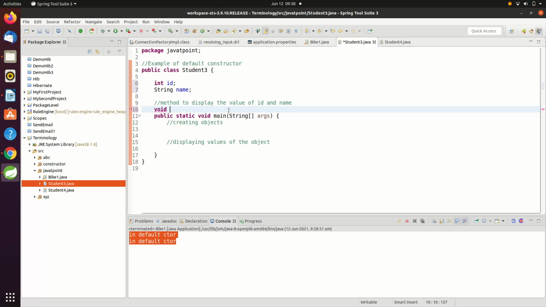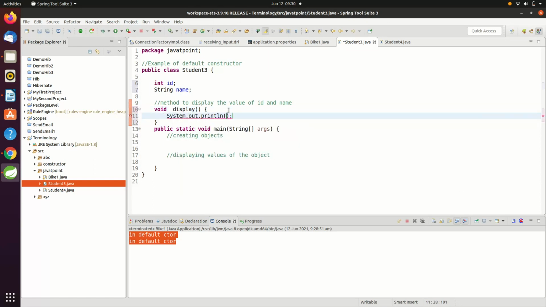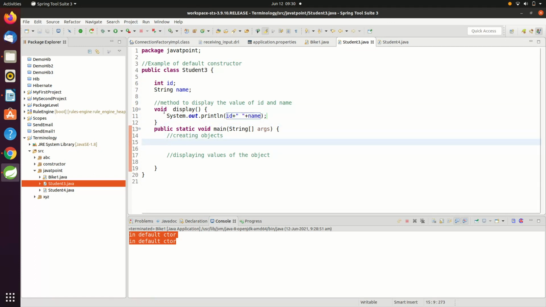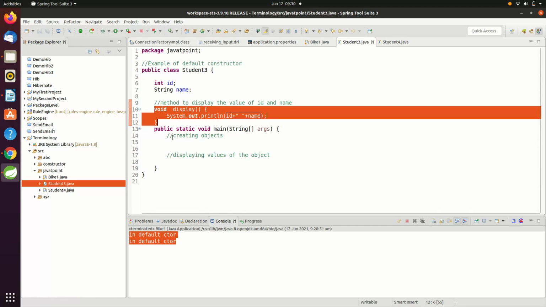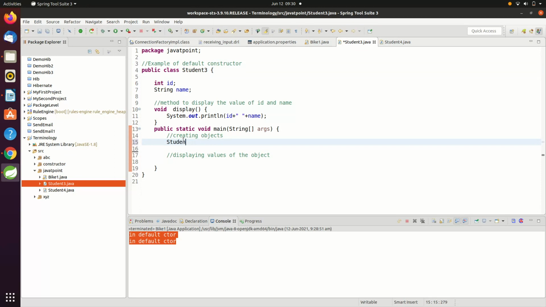So we want to print the value of id and name, hence we will take void display. So we have created a method named display. Now in the main method we will create objects of class Student3. Two instances we will create, s1 and s2.